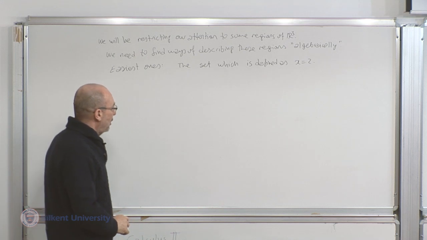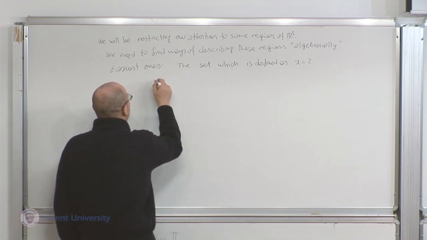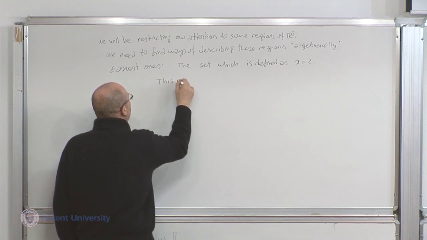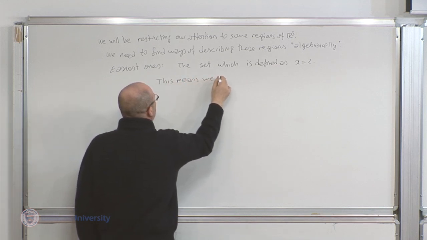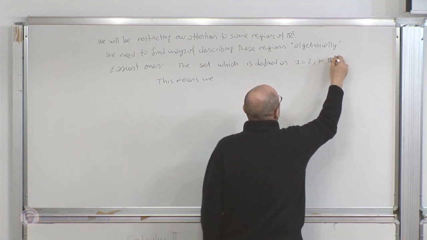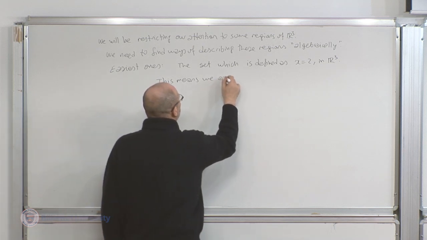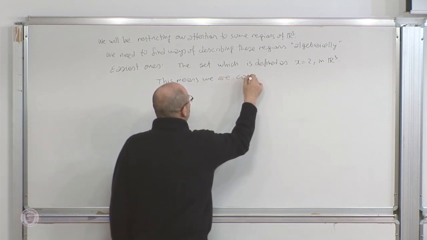Okay, so let me go over this once. This means, well, this is in R3, since in calculus we are working mostly in R3. This means we are considering a set,